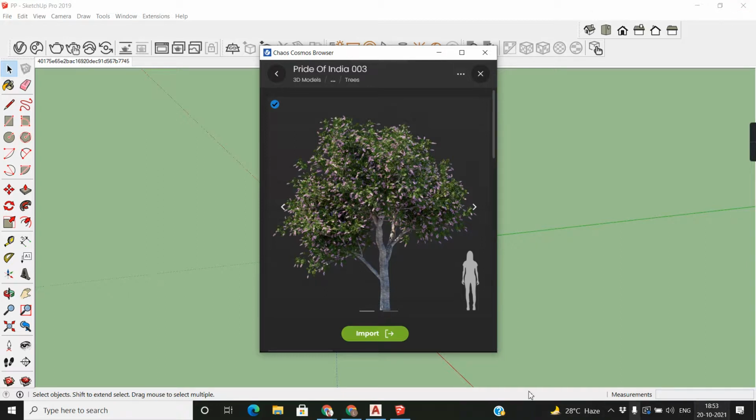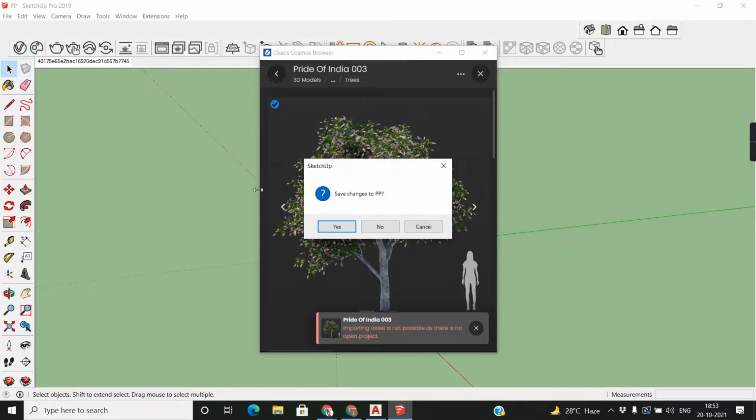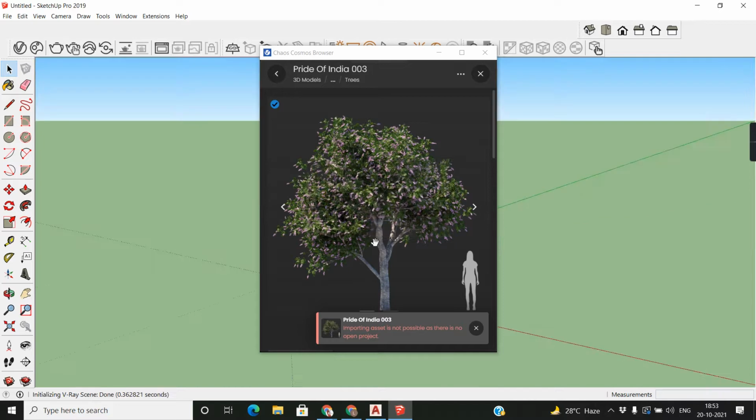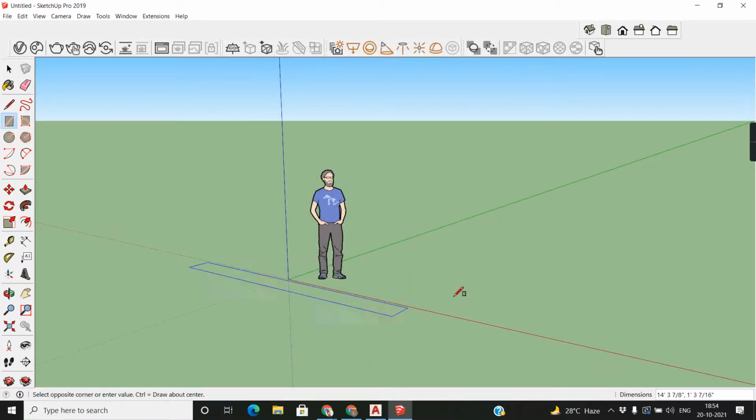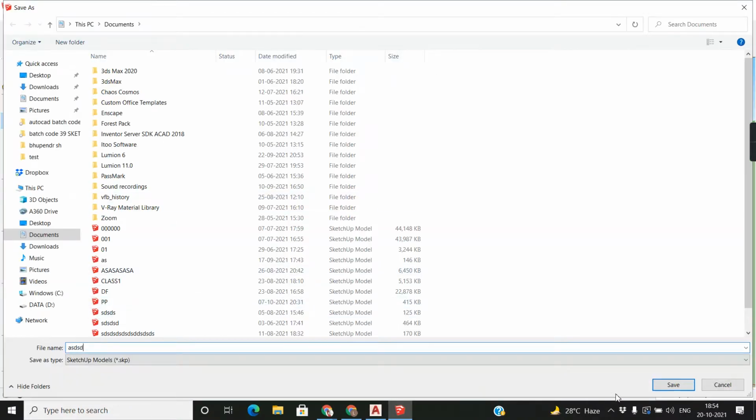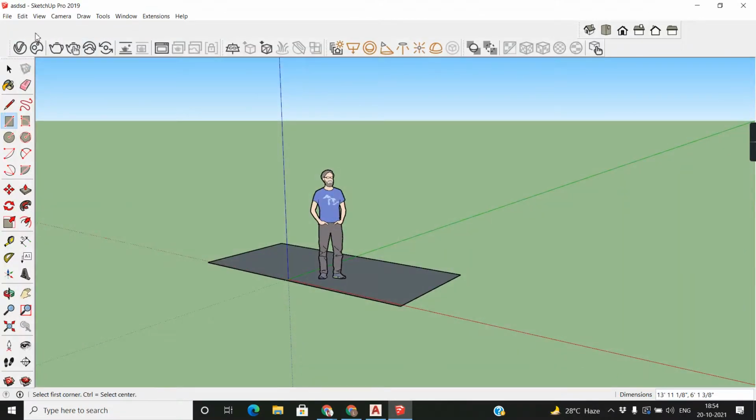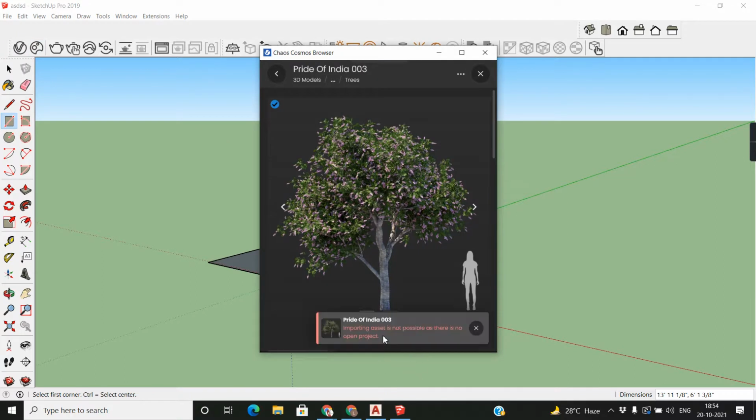Just click import. Just save the file, then click here, import, open project.